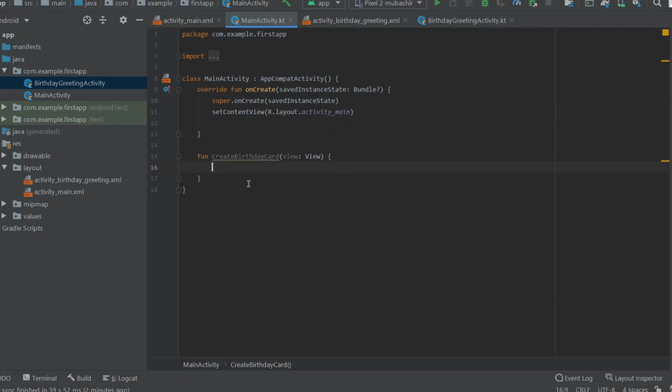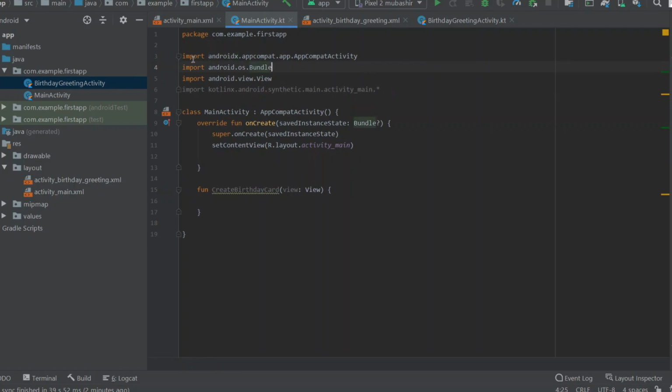So we can define as many functions as we want. Okay, so first let us talk about this. Here import Android OS bundle, import Android. So these are some other files which are imported. Here you can see this app compact activity, right? So let us go to these ones.